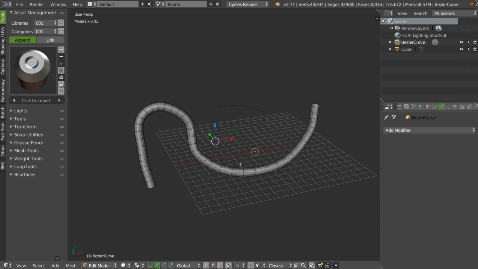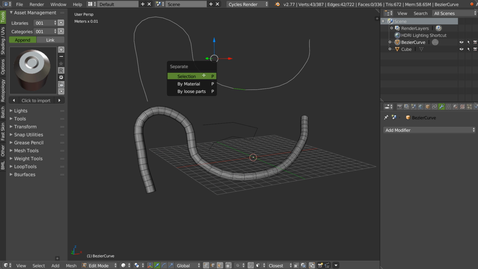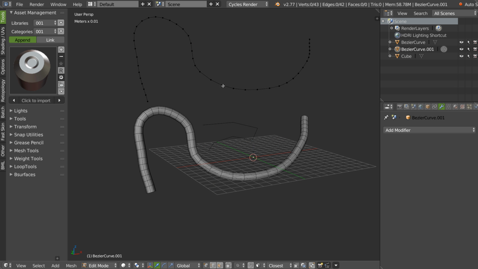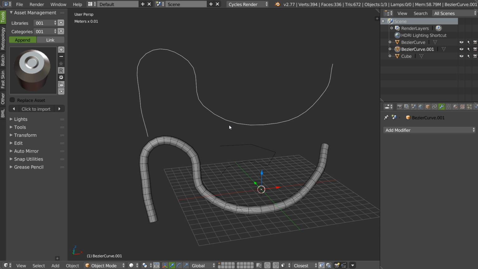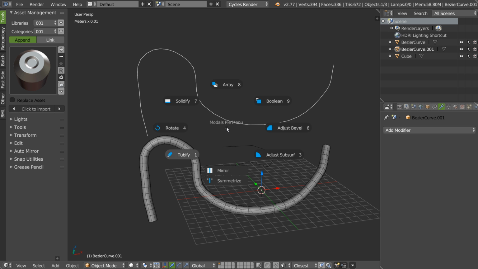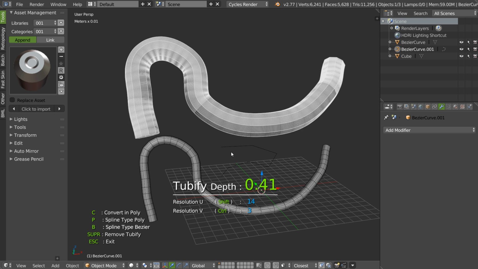You can, for example, if you have something like this, do Shift D, P, you have a selection in polygon, and you can directly call the Tubify, and as you can see, you will have a tube.